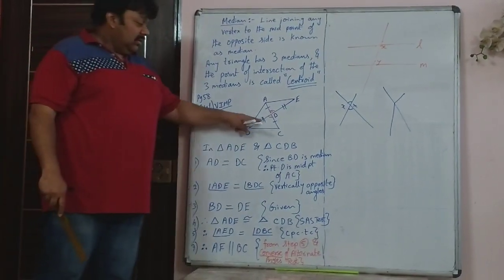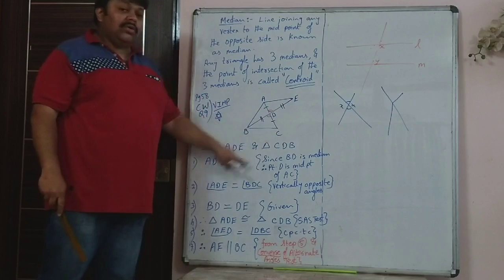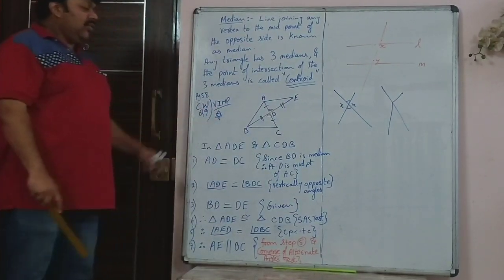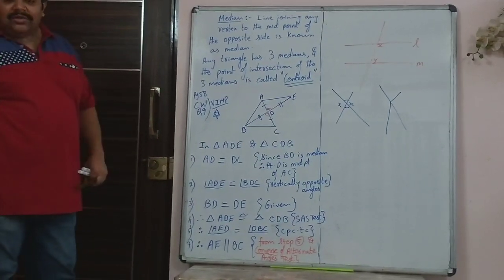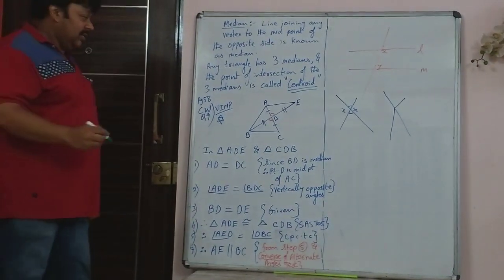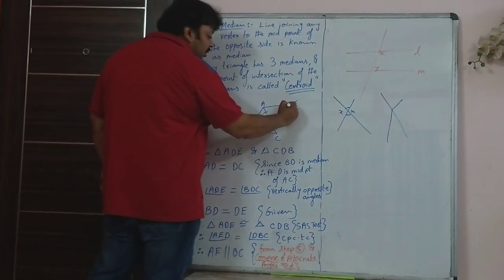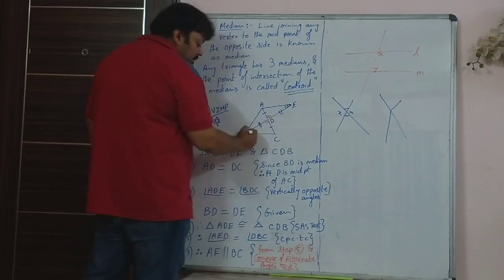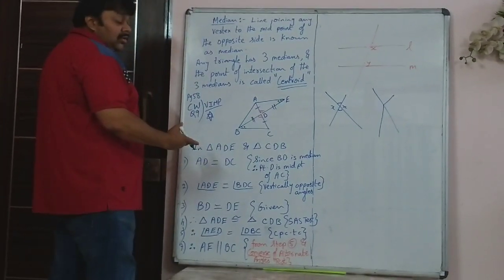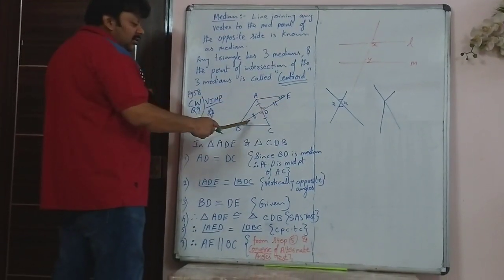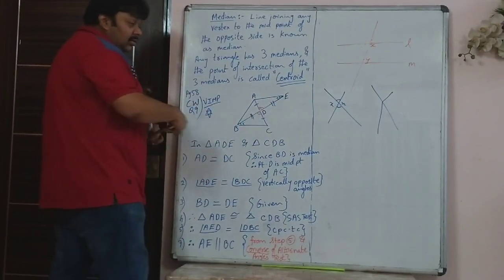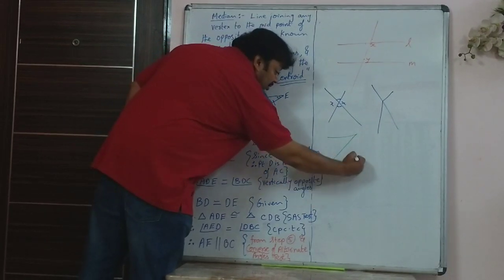And then it has also been given that BD is equal to DE. So you have SAS test. So you have proved those two triangles congruent by SAS test. And once you have proved those two triangles are congruent, then you can say that this angle out here, angle E, and this angle out here, they are both congruent or equal. Those two angles are equal by CPCTC. And this forms a Z. You can see that that forms a Z.